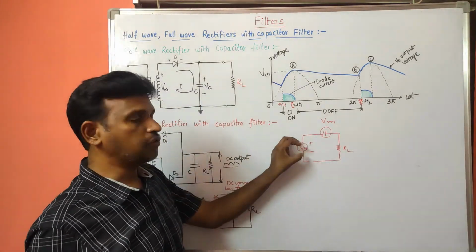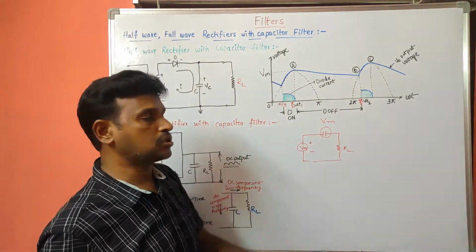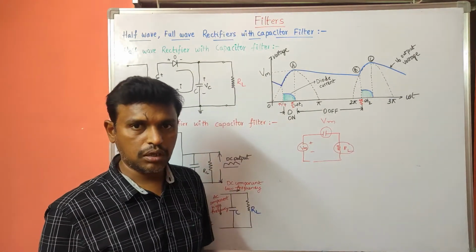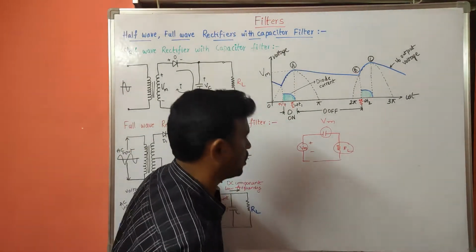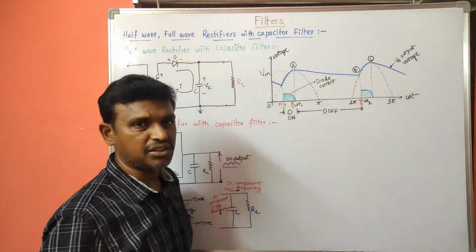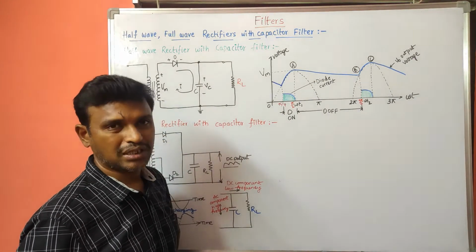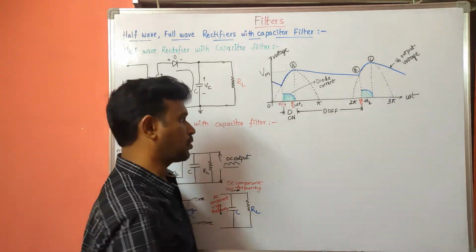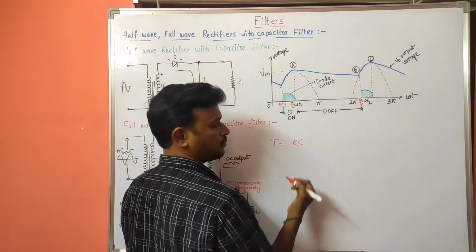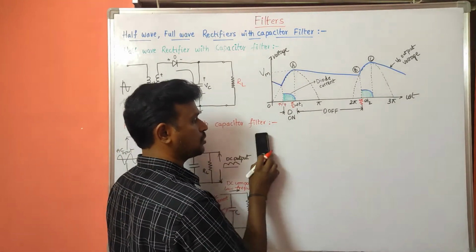After that, if you disconnect this, it will act as a voltage source and it will discharge through the load connected to it. So a capacitor cannot discharge if you don't connect any load across it. That is the charging and discharging of the capacitor. We also have the time constant of a capacitor. The time constant is represented with tau. Tau is equal to R into C. R multiplied with C gives you the time constant.